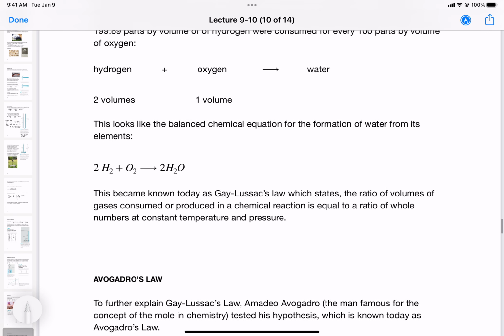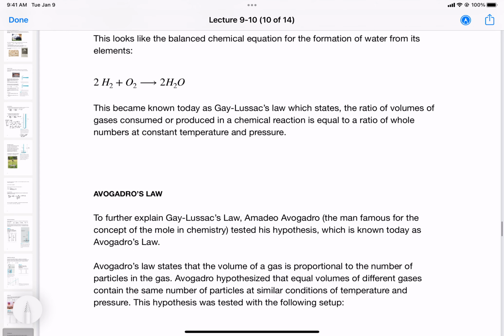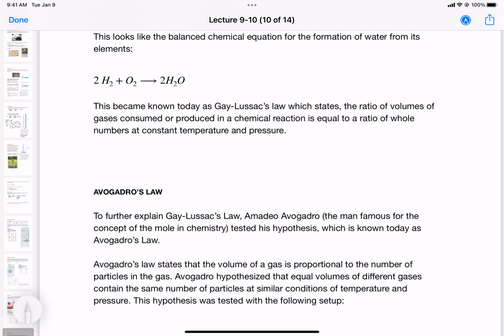Okay, so now we'll go to Avogadro's law. Avogadro is the same guy who discovered, or conceptualized, the mole. So a very important man. He sought to explain this observation from Gay-Lussac by stating that equal volumes of different gases contain the same number of particles. So that's why he stated